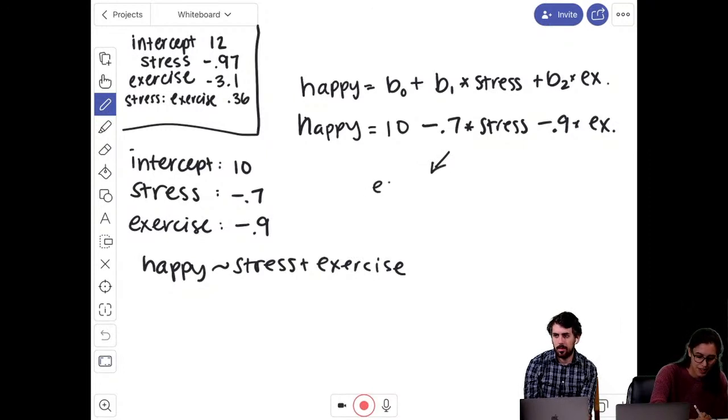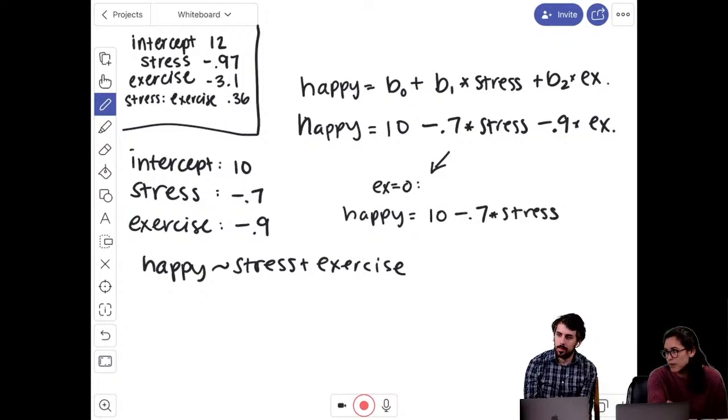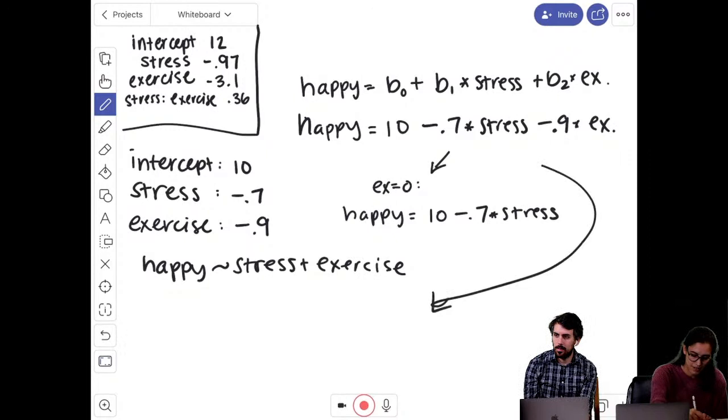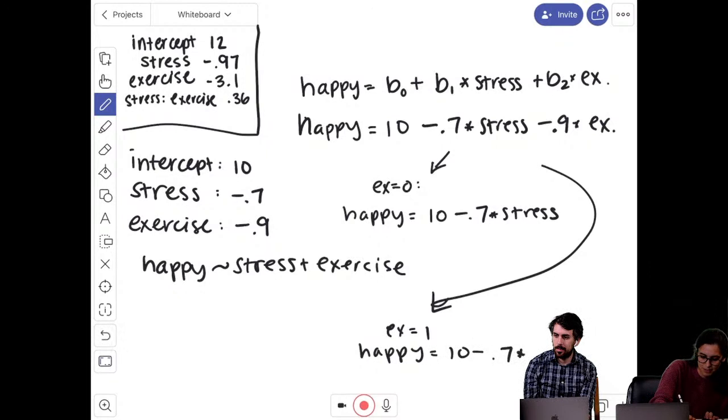One, when exercise equals 0, we get happy equals 10 minus 0.7 times stress minus 0.9 times 0, but 0.9 times 0 is 0, so that goes away. And then the other one, when exercise equals 1, we get happy equals 10 minus 0.7 times stress